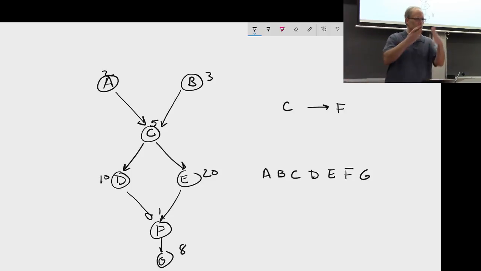Okay? Now, what he's worried about is you've sorted it, but he's saying we don't really care about A and B. If we're only interested in the cost of getting from C to F, we don't care about A and B, so he's wanting to extract out a piece of the graph and ignore the rest. I'm saying you don't need to do that. Let's just process the vertices in order. If you're a leaf node, I'm sorry, a source such as A and B,